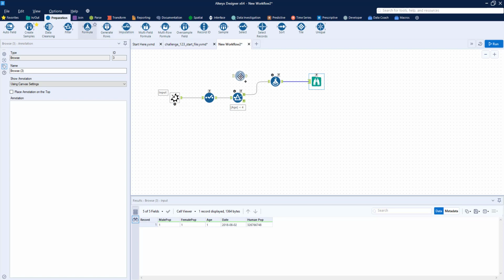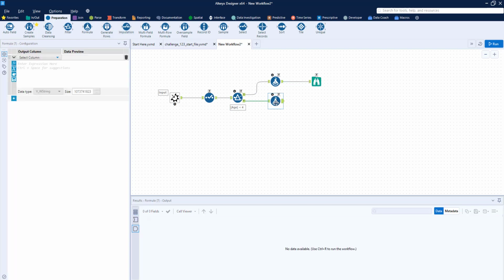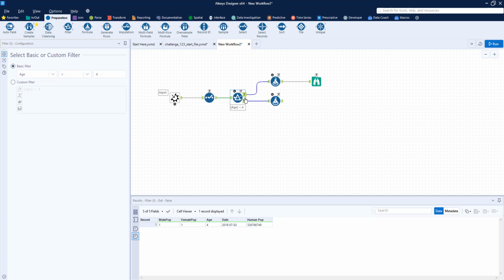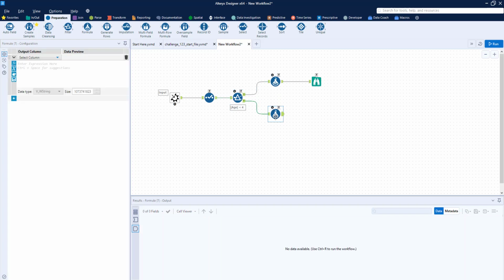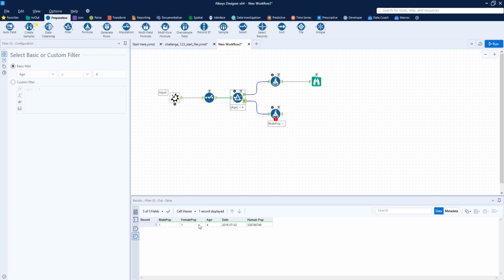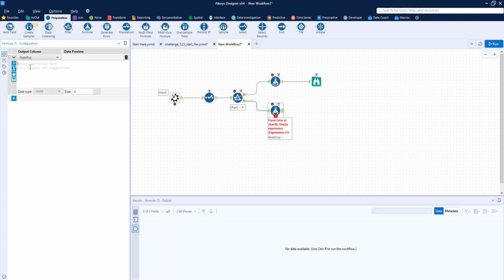So next, I'm going to do another formula tool. And this will be for rabbits. So these rabbits right here are of age. So let's go ahead and update the male and female population. So the male population, let's go back to this. We know that for every female, she produces a litter of 1 male and 3 females. So that means for every female population, we are adding that to the male population. Or that is our new male population, I should say.